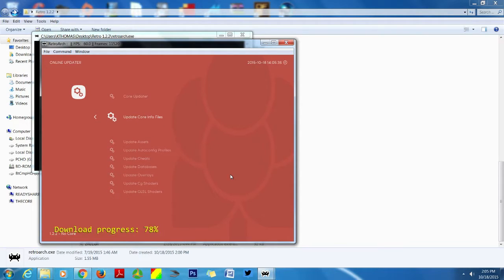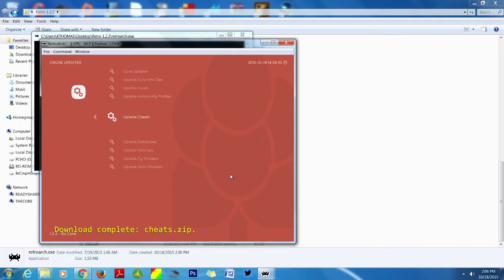You also want, I guess, to update the info files. There's an info button to kind of tell you what everything is. If you're confused about something, you can hit the info button. I can't exactly remember which one was the info button, unfortunately, but you can find that out. That's all available here. We're gonna go ahead and update the assets. Like I said, once again, not quite sure what assets are. I'm not really as familiar with this program. So we're just gonna go ahead and go through all the updates.